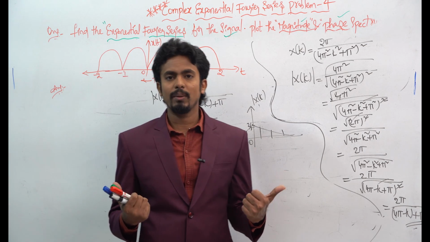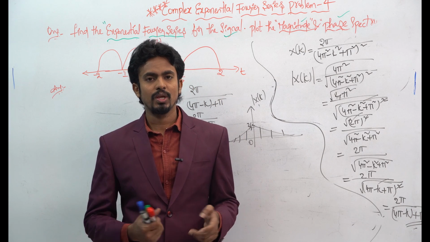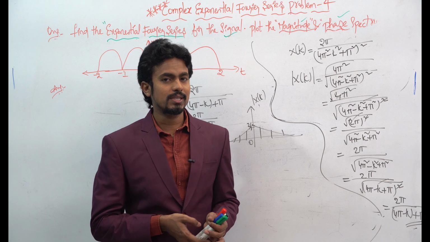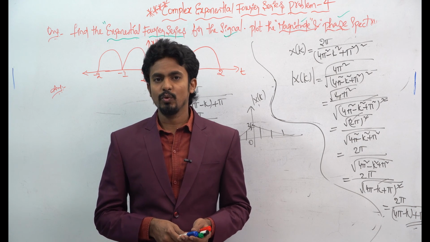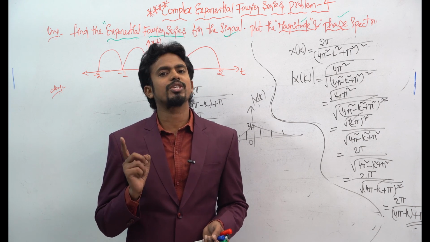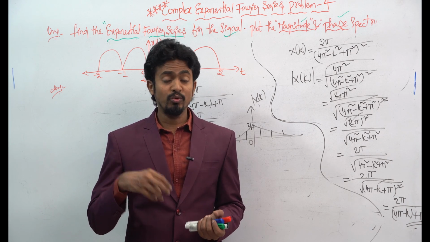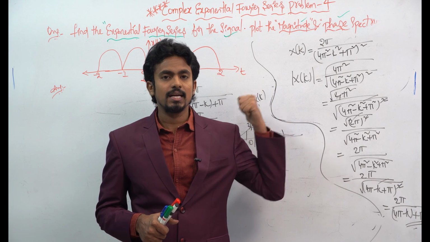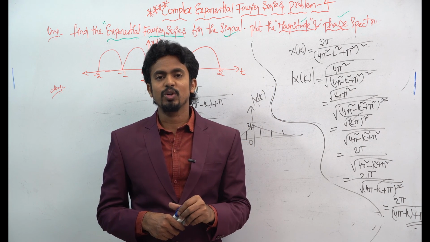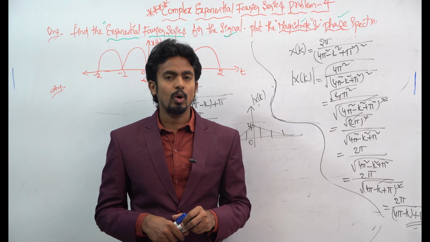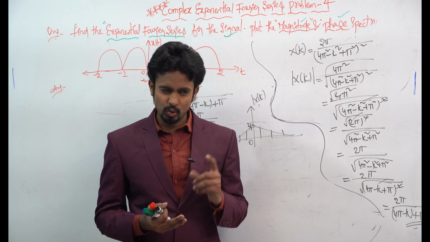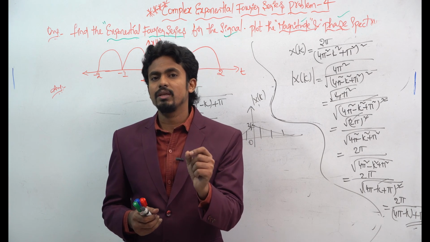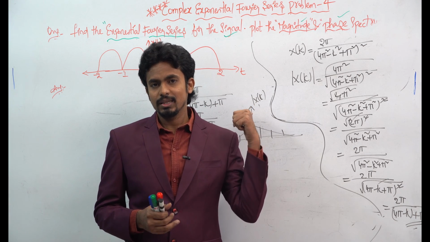We have to find out the magnitude as well as the phase. In the next questions we will see some harder questions based on this exponential Fourier series. Then we will move to another important question: how to find the negative frequencies based on this complex exponential series. The concept is very important from your university examination point of view. There I will tell you 2 to 3 questions, one or two of which will be shortly asked on that concept.